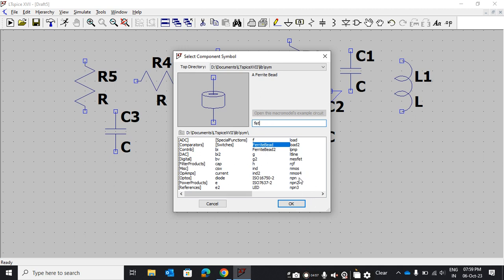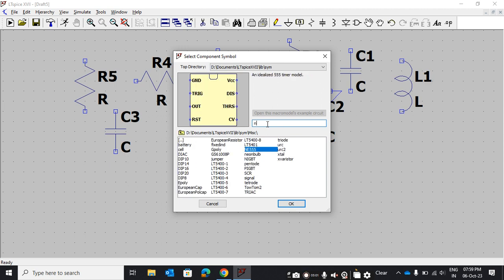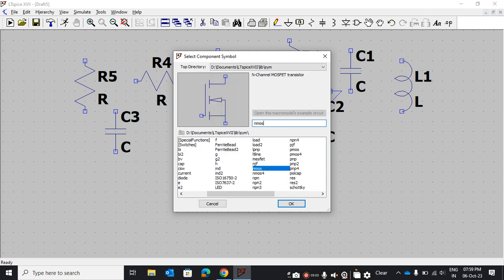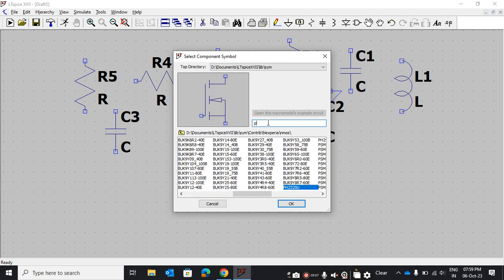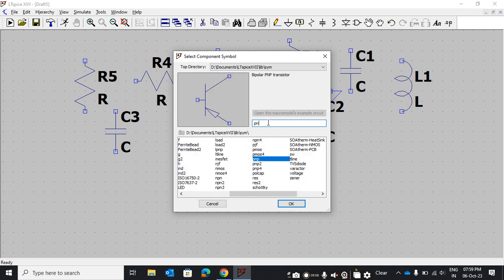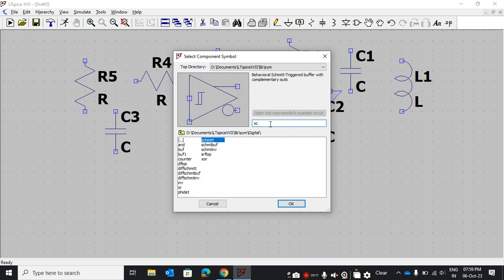For MOSFET you will have to write NMOS and PMOS. So if you write NMOS, then NMOS will come. If you write PMOS, then a P MOSFET will come, and then SCR. Like this you can write and select the component.